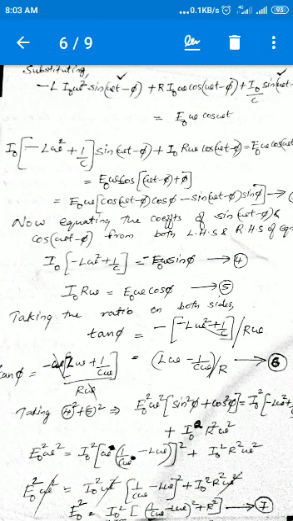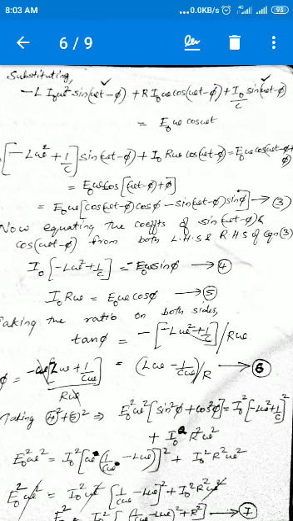From this you can find I0. Take the term (1/(Cω) − Lω)² + R² to the left-hand side and take the square root. You will get I0 = E0 divided by the square root of R² + (Lω − 1/(Cω))², and φ is tan inverse. We had already written tan φ, so φ equals tan⁻¹ of (Lω − 1/(Cω))/R. So these are the terms which we needed to find, and we have already found them. Now we just write the solution.